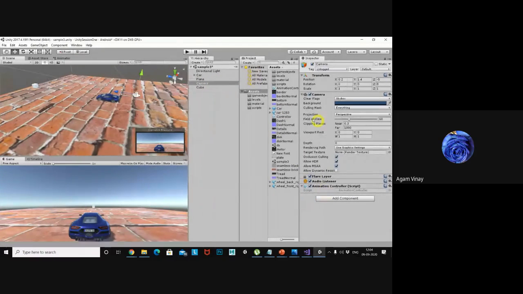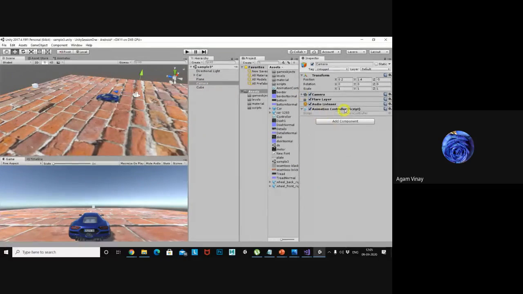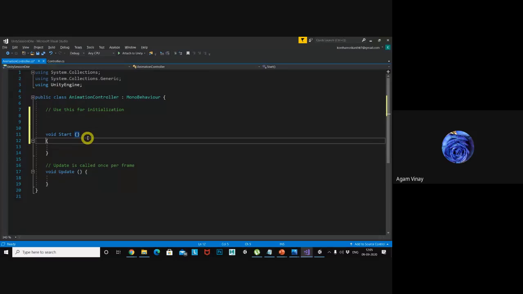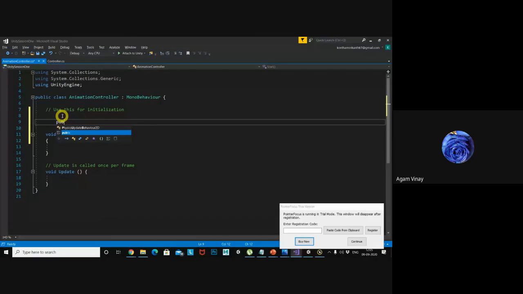At camera, I created one script called animation controller. I opened this. It is looking like this. By default, two functions are there. Now I want those game object references. Public game objects. So what game objects do I need to access? One is cube and the other one is car.